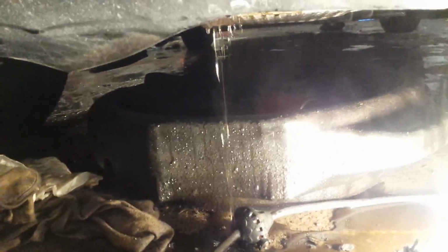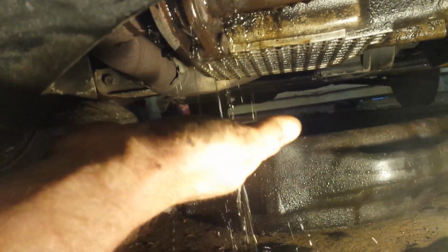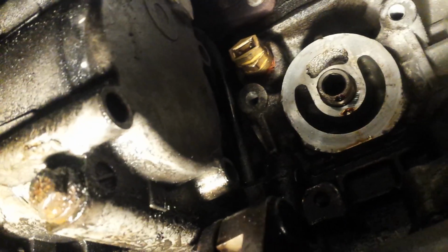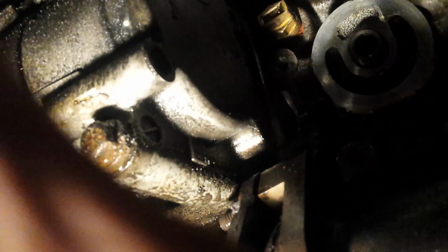Okay, guess what? You can see by the antifreeze dripping down here, I've got it, and it's steaming hot. It's really, really hot, but I don't think it'll burn me. Well, I think I can do it. Okay, I finally got it out. I got the plug out, which is right here,